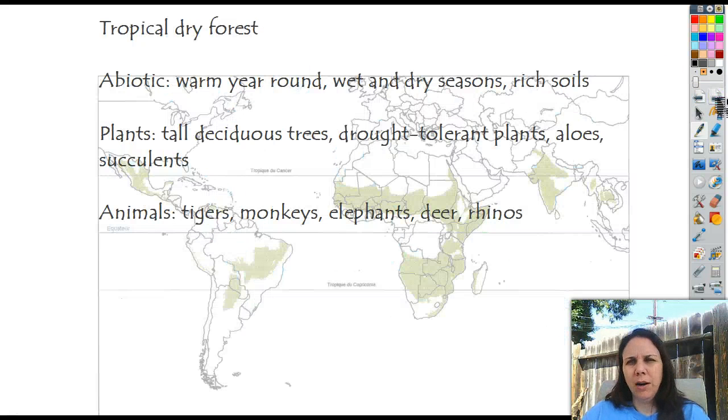All right, what about a tropical dry forest? Well, as you can see, they kind of surround tropical rainforests, and so all the water going there gets sucked out of these forests. What can I expect there? Warm year-round, but not as muggy as the tropical rainforest because